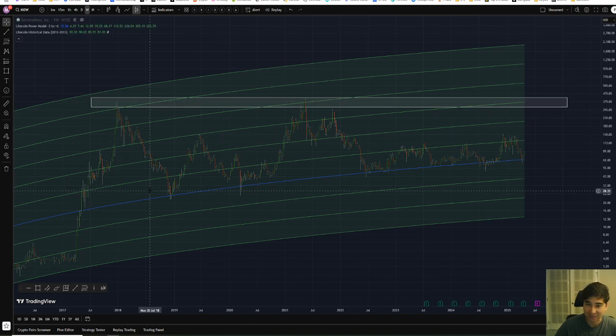I just don't know when that's going to happen. So we haven't actually been below it. Even the COVID drop here didn't take us below it. Neither did the bear market here. And then